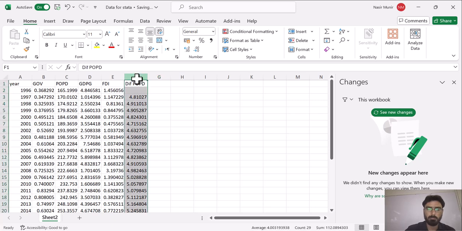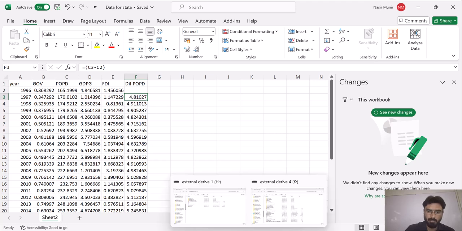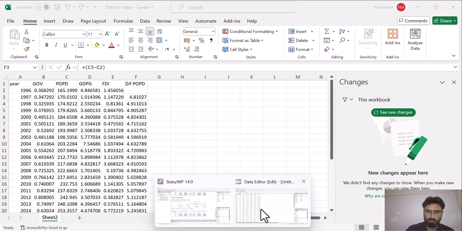So now you simply have to copy this data into the Stata file, and then apply the Augmented Dickey-Fuller test, and it will give you the result for the first difference of your variable. Now you can compare these results with the Stata file, and you can see that both of these values are the same.